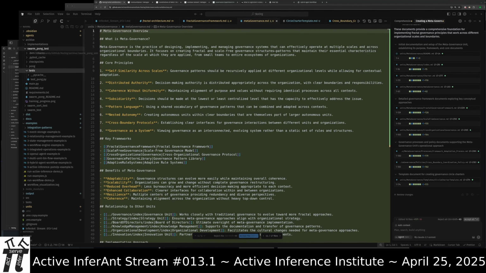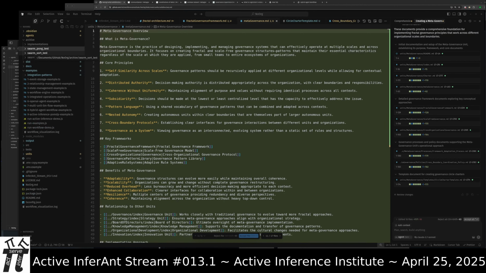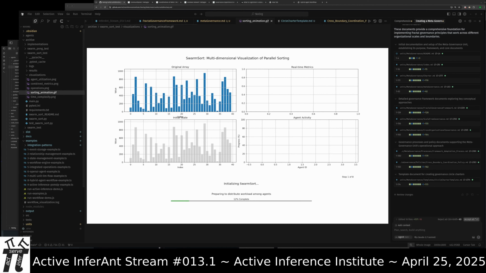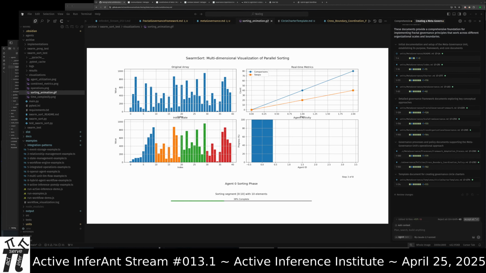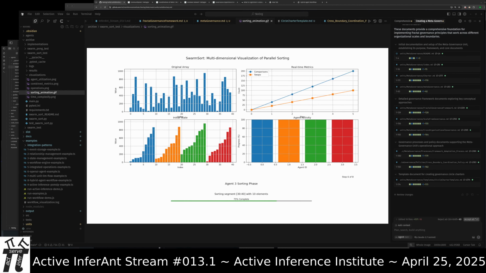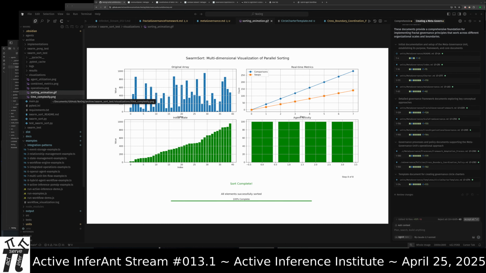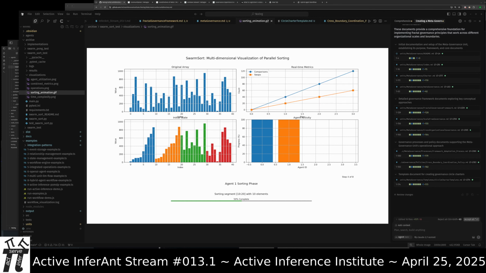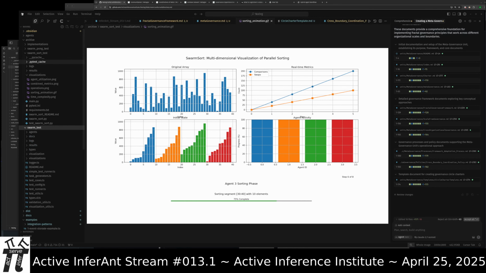Archive has a few different prior tests. Let's see if any of them are relevant. This one was a multi-agent sorting algorithm, just using this swarm dispatch paradigm to do some sorting on different numbers.